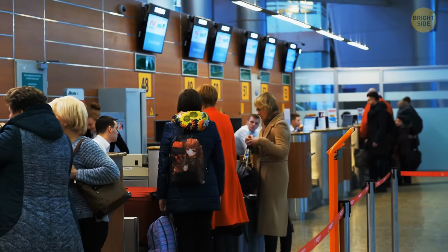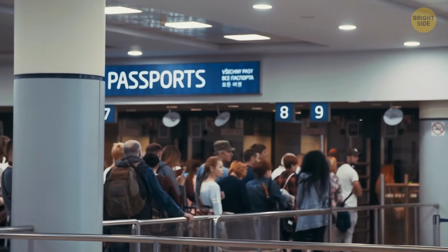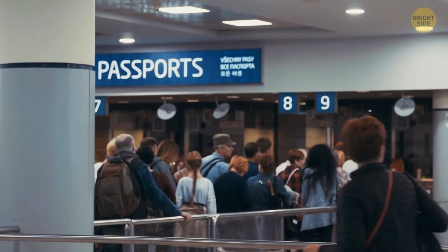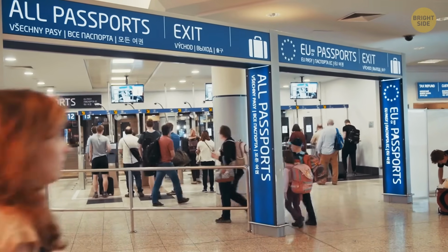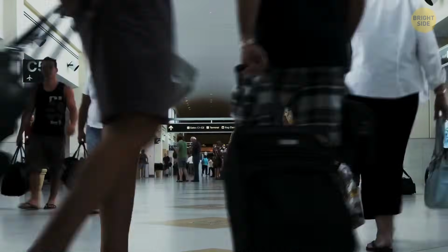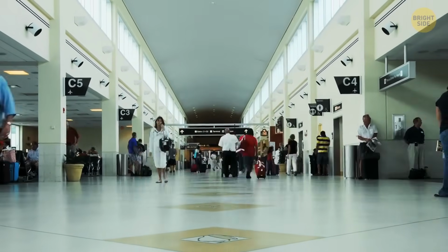People tend to choose the closest security line to them. If that line turns out to be super crowded, just look around after ID and ticket check. You may see another checkpoint with much fewer people. Some checkpoints at the airport are situated at the far edges of the terminal, and that's why passengers fail to